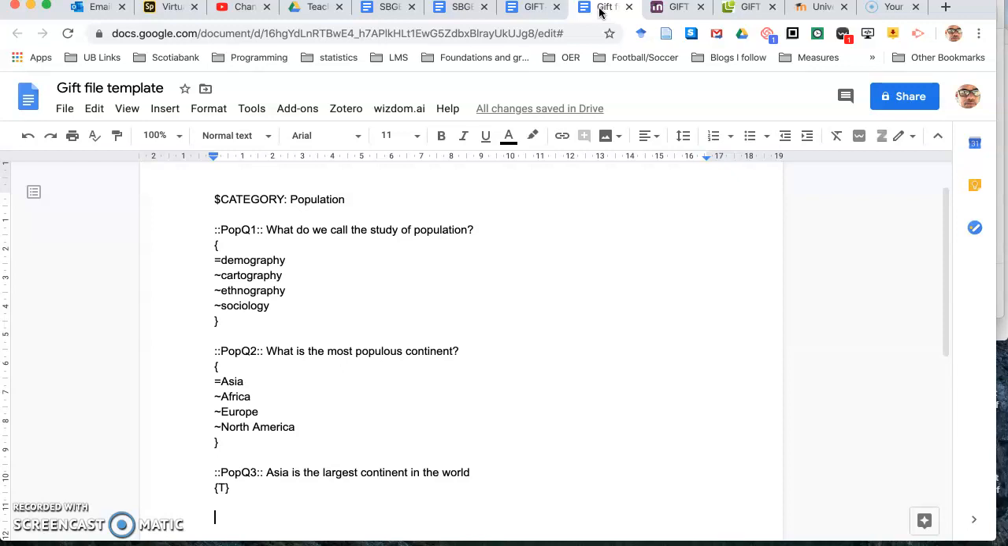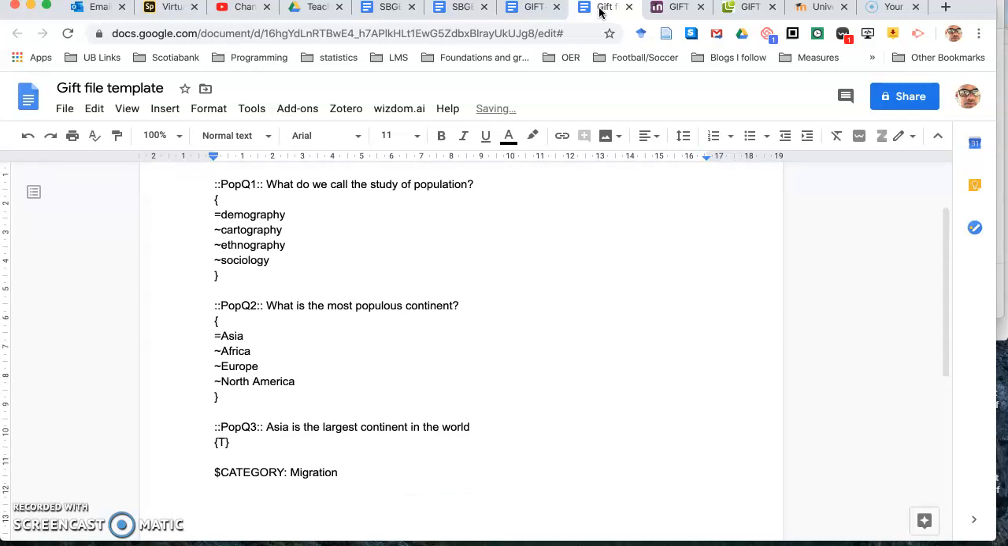Now, I'm going to start my new category. So now I'm going to type the $ CATEGORY in all caps, and this new category is going to be migration. Again, I leave a space, and now I'm going to look at another type of question. I'm going to look at a fill in the blanks question. And so I'm going to give this question the name migration Q1,